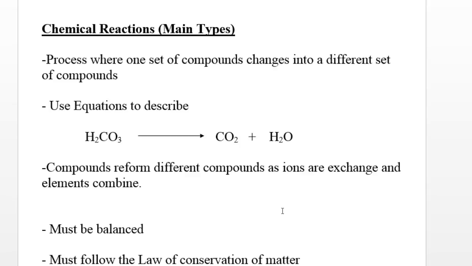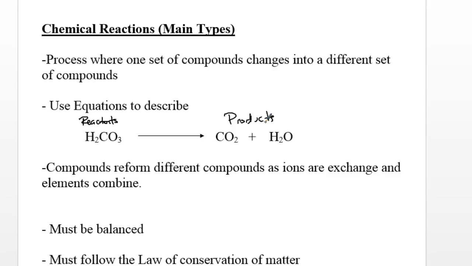Okay, so a couple of things I'll review with you. First of all, here's a chemical reaction right here. We just need to remember that these are reactants, or reagents, whatever you want to call them, and these are products. These are made up of elements, or these elements form compounds. Sometimes they're covalent, sometimes they're ionic. And when we're talking about a reaction, it's a process where one set of compounds changes into a different set